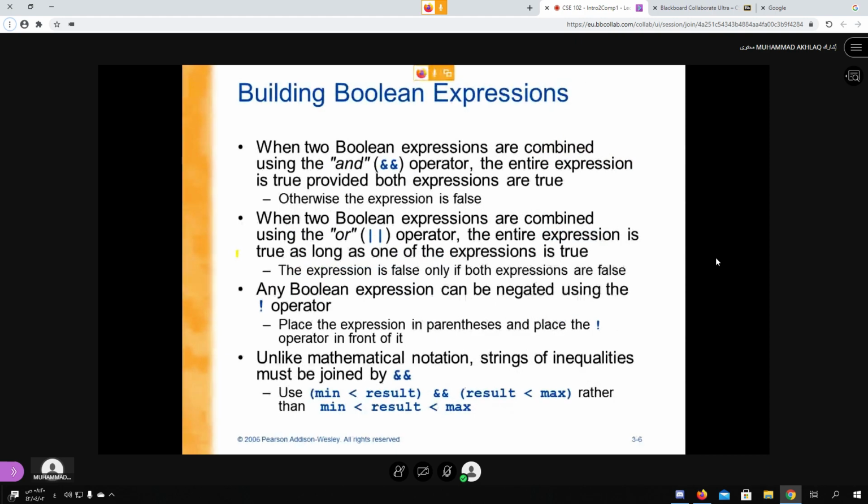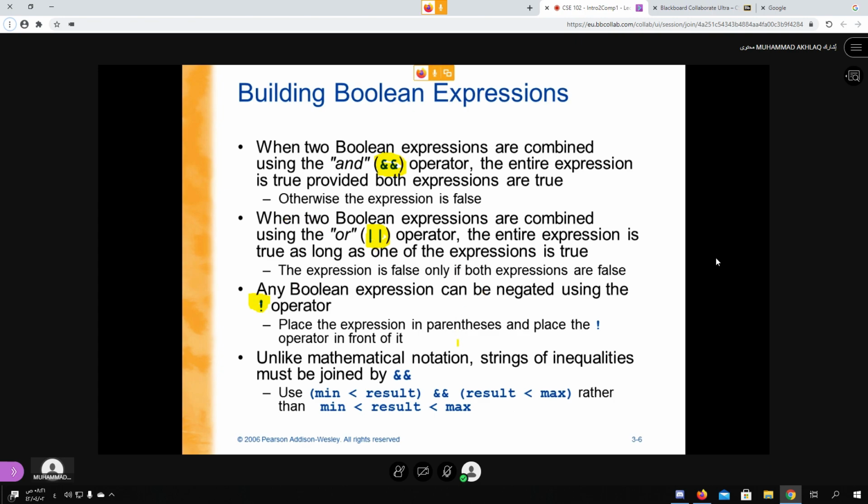So you can combine two expressions using and, or, and you can also negate using not. These operators are normally used with Boolean expressions.